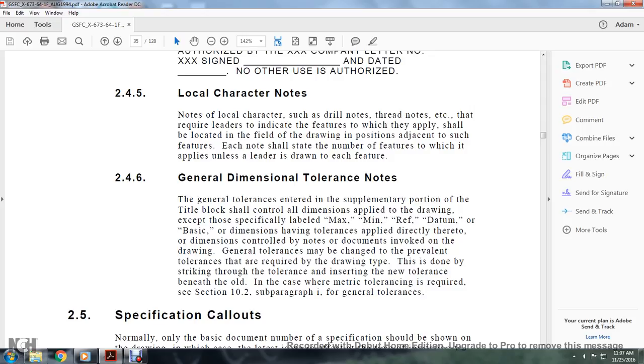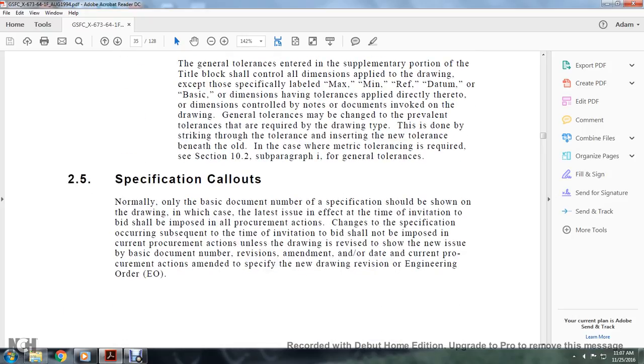General tolerance may be changed with the relevant tolerance from the required drawing type, and that is done by the tracking tolerance, insertion of the new tolerance of the method between the old. In the case of the metric tolerance, required with section 10.2, subparagraph 1, general tolerance 2.5